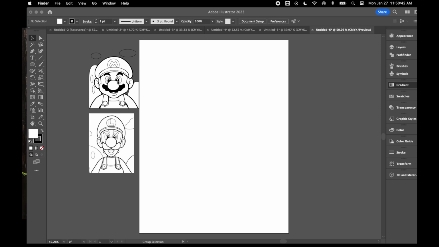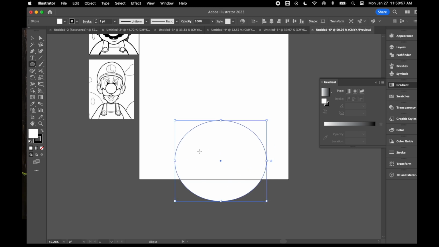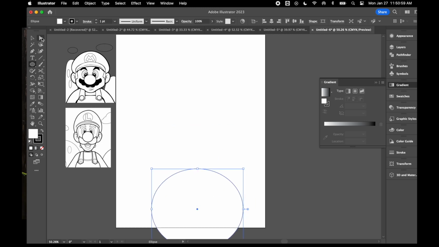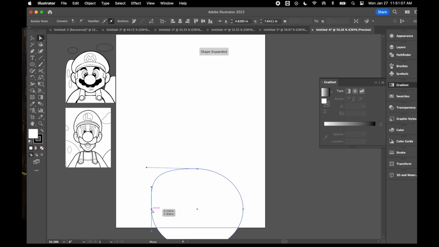Okay, so today what I'm going to do is create a split face between Mario and Luigi. To start this off, I'm going to grab my ellipse tool and we'll form his body here. So let's draw a little circle here. After I draw that, I'm going to take my direct selection tool and make a few adjustments here. So I'll click on this anchor point, pull out this handle,